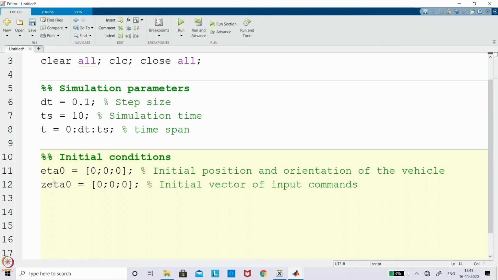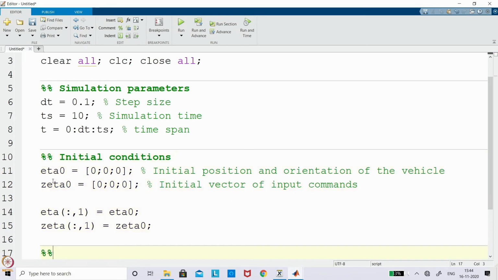But what we are trying to do is propagate where eta would be getting propagated up to 10th second. So in the sense I am taking the first segment as eta naught, because every loop iteration this eta would be increased by 1. Then the zeta also in the same way is going to iterate every loop. So I am assuming that this is 0. Okay. So now we have taken the initial condition.